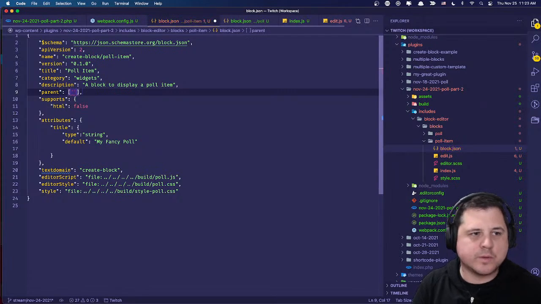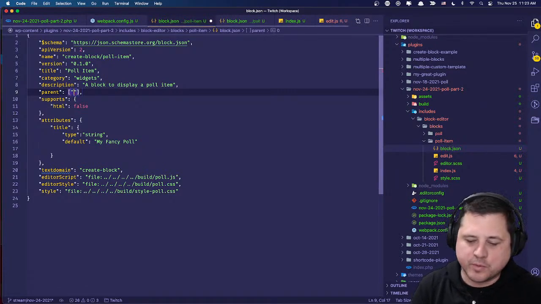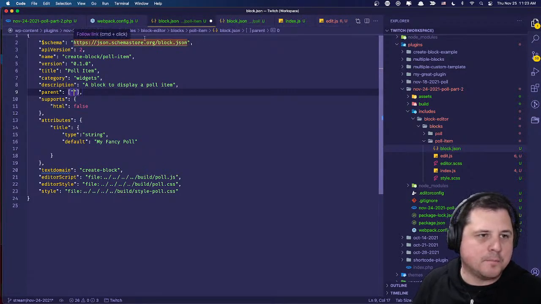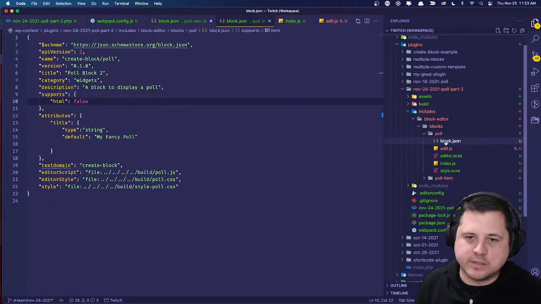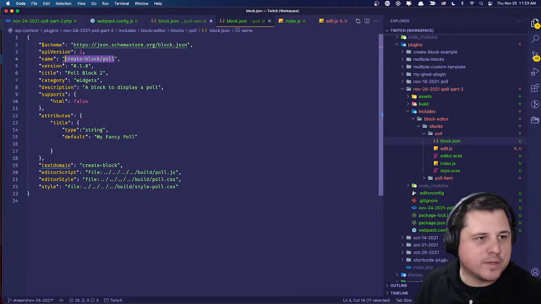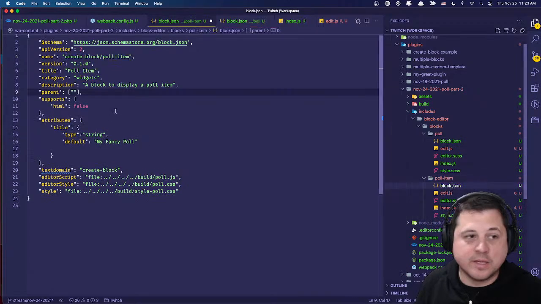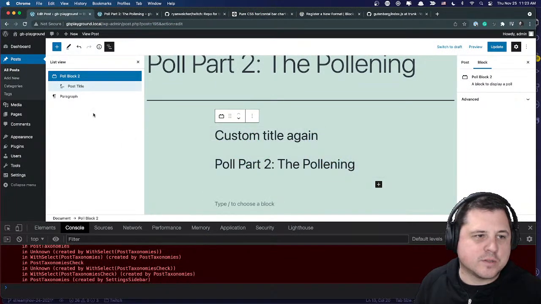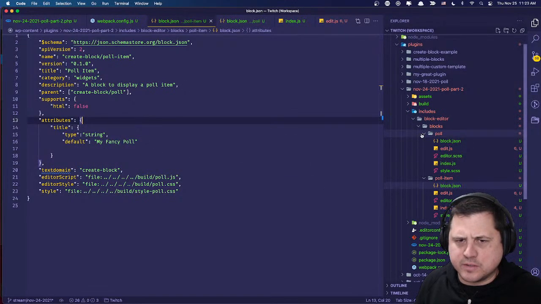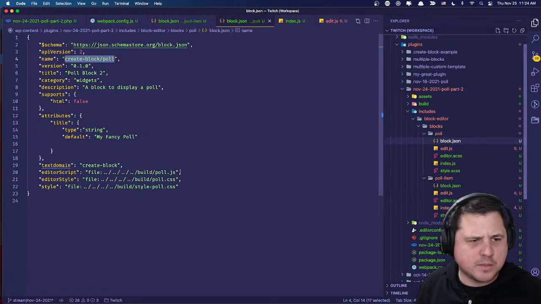So what we want to do is say that this block only supports the parent block, which is, its parent is only this block, right? So this one can only have a parent of this, meaning it can only be inserted inside of that block, right? So now if we refresh, oh wait, I'm gonna have to make some changes here, I think. Block is just, yeah, so